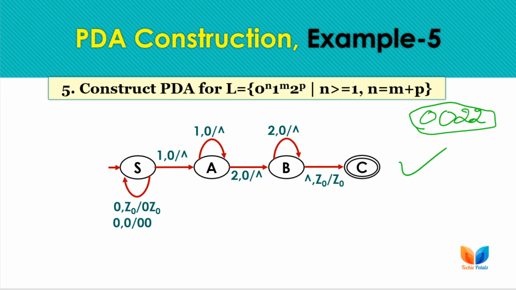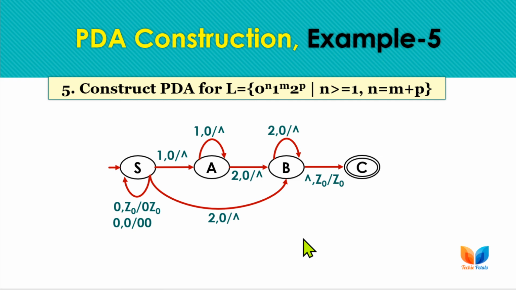So after 0, if we are not starting with ones, then we must be having 2s in the string, and for that we must move to state B. So I need to make a direct move to B for this case. If after zeros we are getting 2s, and the criteria is fulfilled, that is, number of zeros equals number of 2s, the string must be accepted. So here is the case for that.